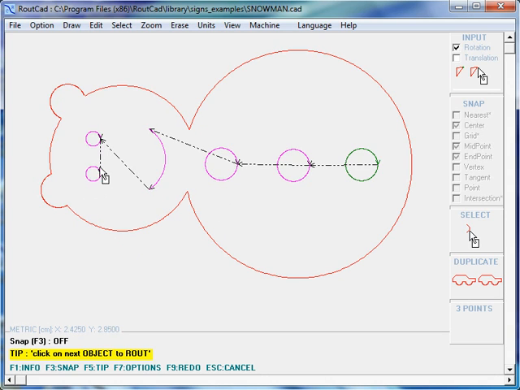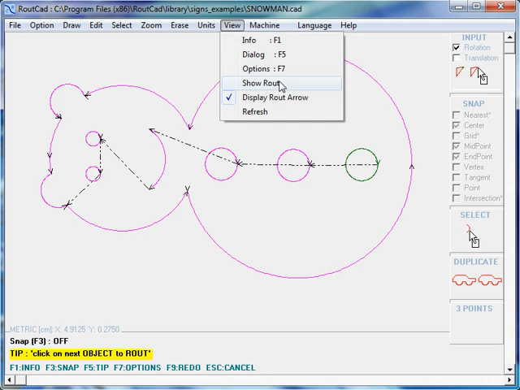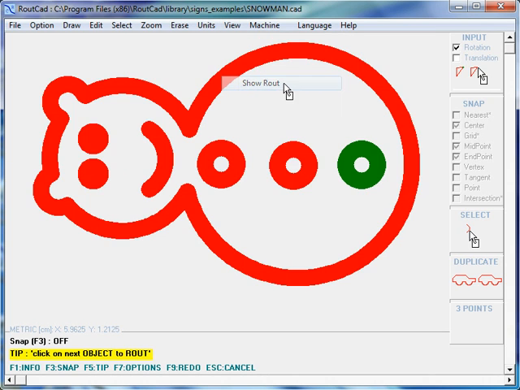We can just start, because the cutting tool is over there at that time. So we'll just start over here. The closest element to the last element is over here, so we'll just start over there. We move here, we route, and then we just continue in that way until the end. Okay, now if I go back to view, show route, I can see how my snowman looks